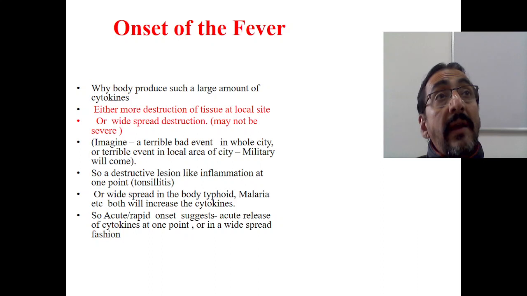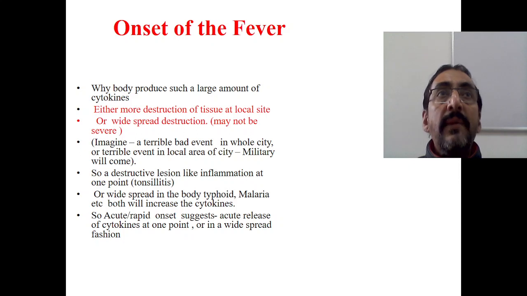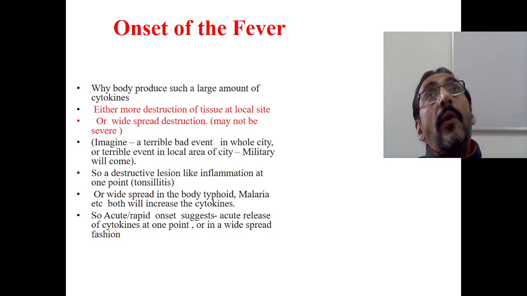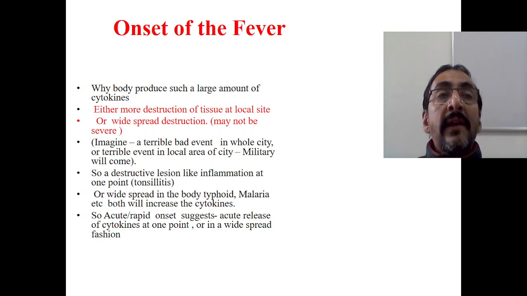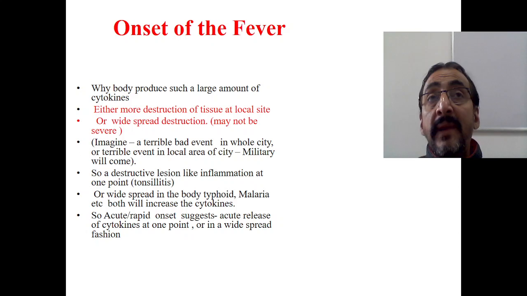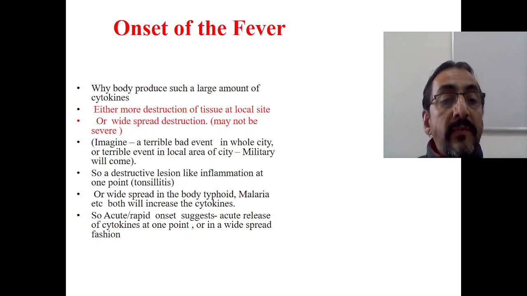If the incident is terrible, suppose it is a bomb blast, definitely the military will come or NIA people will come. So a destructive lesion like inflammation can occur at one point or all over the body. When the destructive lesion happens at one place of the body, for example tonsillitis, it is also a terrible infection, but it is happening at one point of the body. Similarly, a terrible event or drastic infection can also occur all over the body, like typhoid, malaria, or some other